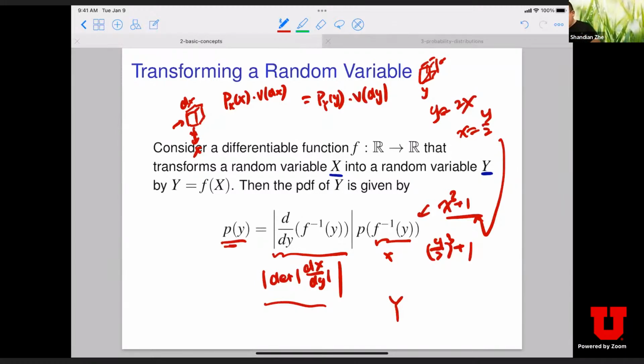We know the density function for x, and if we want to get the density for y, we need to know the ratio between the volume over dx and the volume over dy. That's where this absolute value of the determinant of the Jacobian comes from. You can show that, in general, the ratio between the volumes of the two cubes is this. Does it make sense?